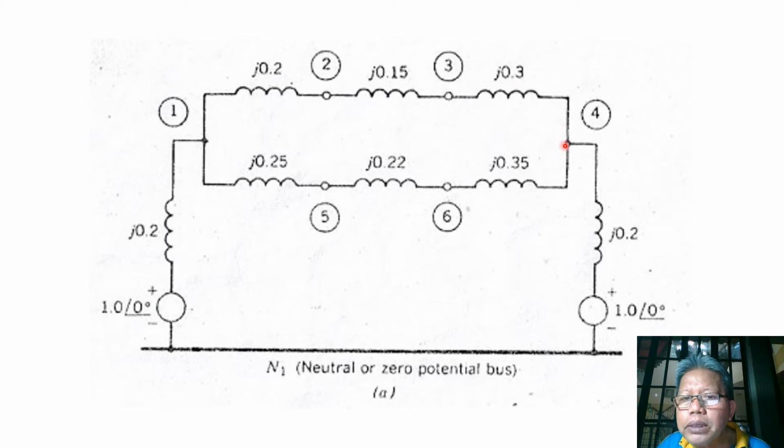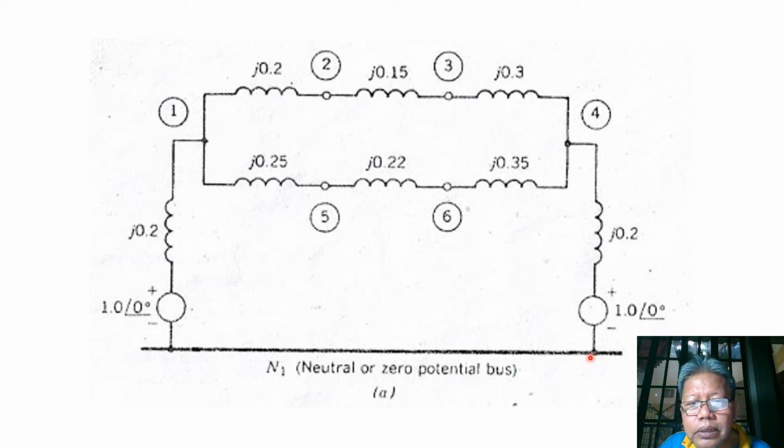Now between bus 4, we have generator 2 being connected, and so we represent our generator 2 with its generated voltage, also with a magnitude of 1.0 at an angle of 0 per unit, and its positive reactance of 0.2 connected between bus 4 and the